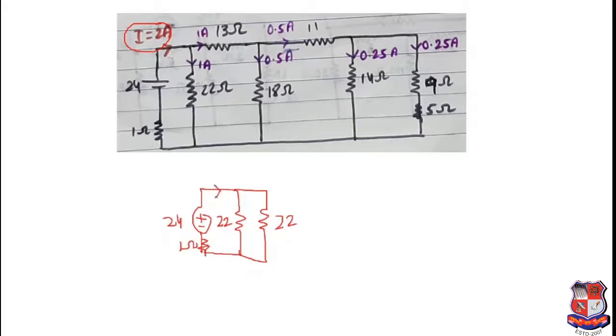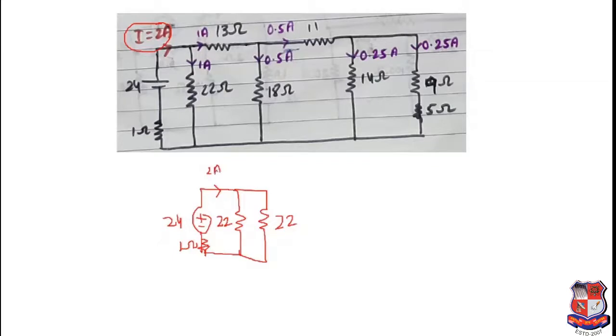So now we have found this current, that is 2 ampere. Now if you see, this 22 ohms actually had a parallel combination of another 22 ohms. It means, this is another trick: if you have this type of source, 24 volts, and you have two resistors that were connected in parallel. If you remember, before solving for this 2 ampere, the circuit looked like this. This was 22 and this was also 22, and over here you have 1 ohm in series. So you know that this is 2 ampere.